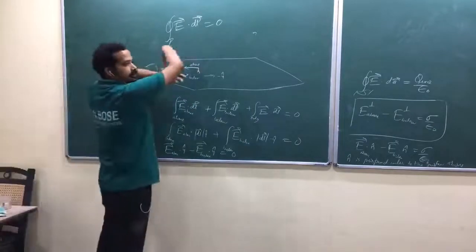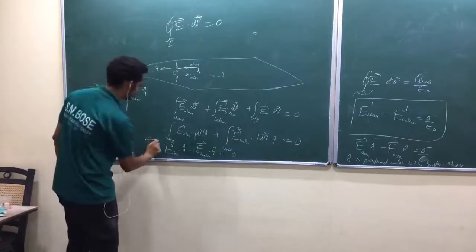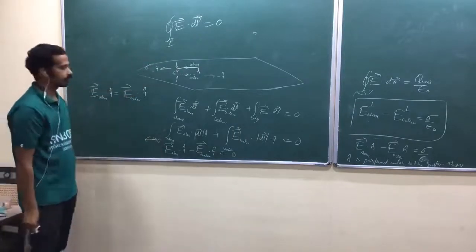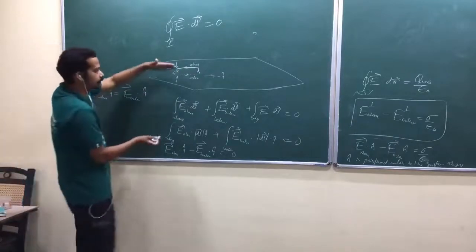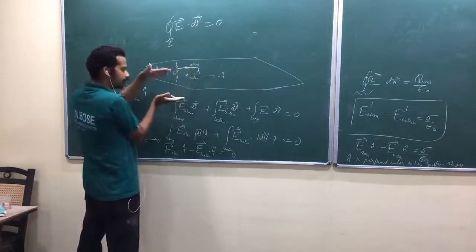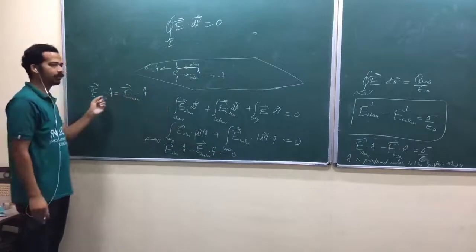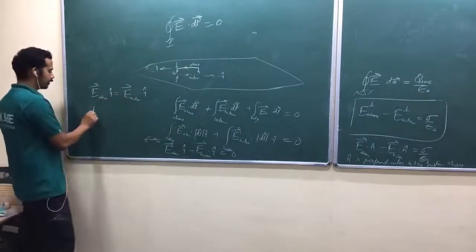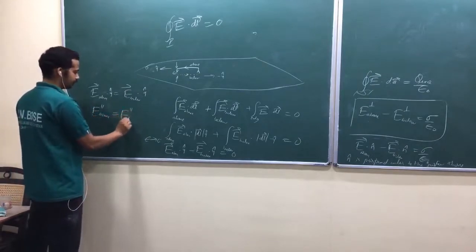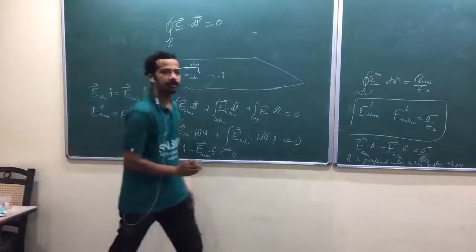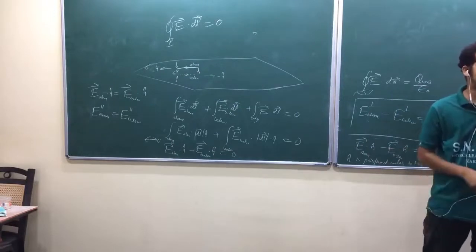Now I can just turn this one, isn't it? The same thing will happen. Again, epsilon tends to 0. That's what I have to take. So this part will be 0. When I put epsilon tends to 0, this above path and below path will be very close to the surface. That's why those dot products will choose just above and below. Is that okay? We write E parallel above is equal to E parallel below. The parallel component of the electric field suffers no discontinuity. It is continuous. Yeah, recall.